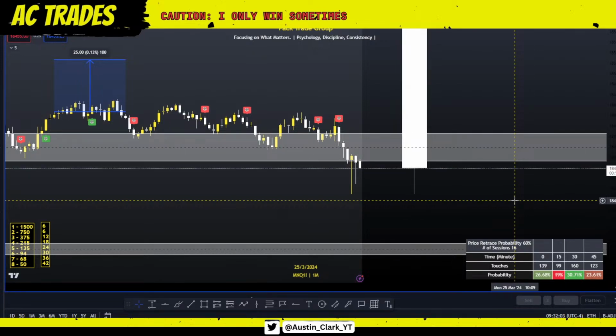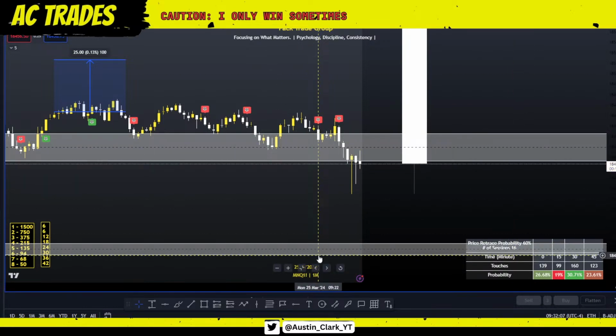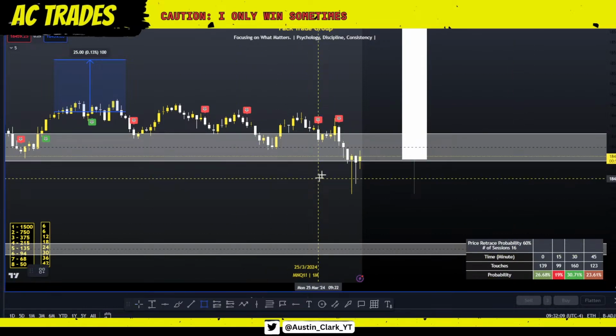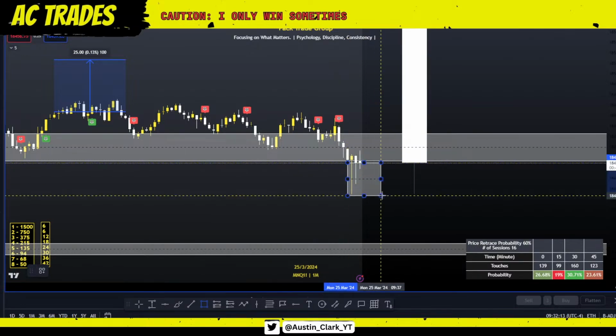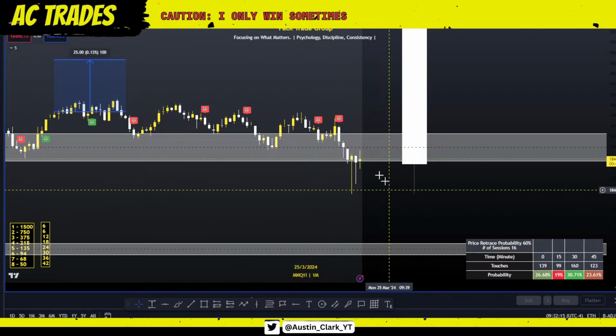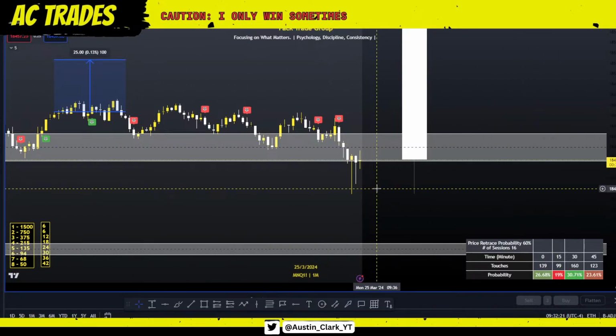As we're going up, look at those huge wicks on the downside. Yeah, that's why I love footprints. These 1 minute footprints aren't super strong because it's just a 1 minute candle, but the higher the time frame you go, the stronger the footprint is. A lot of people ask me, why do I draw the 1 hour footprints?